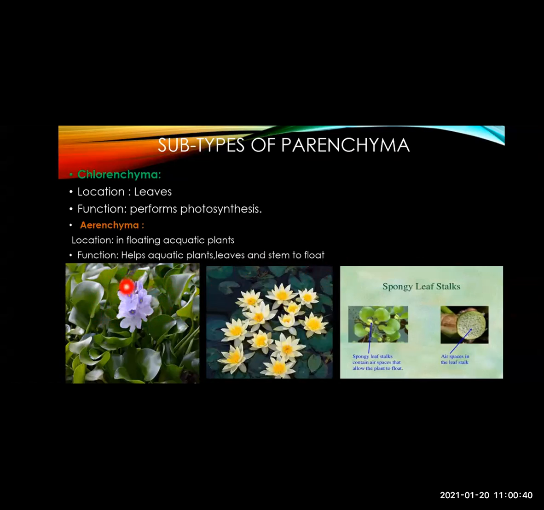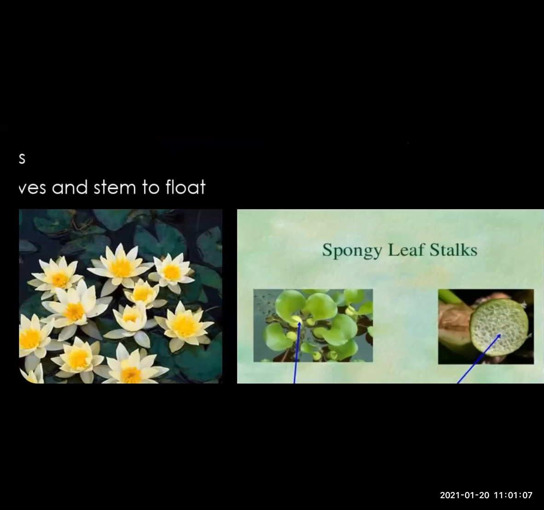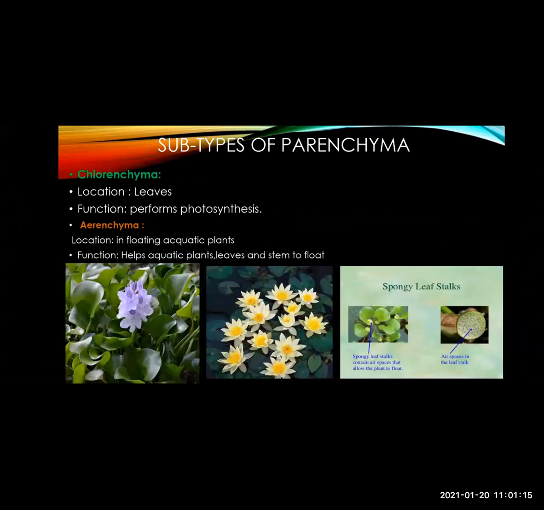This is the water hyacinth. You have seen it floating in the water bodies around you, that is in the lakes or in the ponds. You can easily see these plants. You all know lotus or the water lily plants. They are also floating on the water. If you break even the stalk, the petiole of this flower, you can see such cells which show air spaces. Observe this carefully. See, these are the air spaces. So these are the modified parenchyma cells which can store air so that it can help the plants to float on the water.